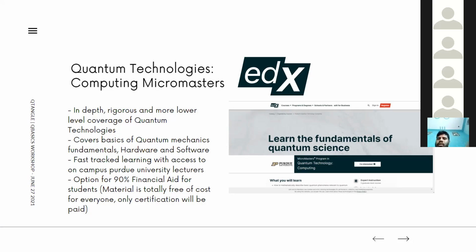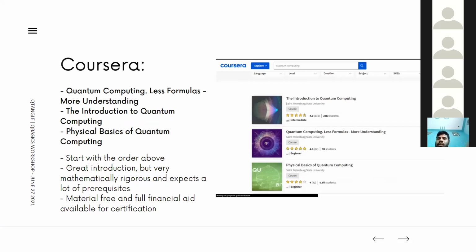It's kind of a bit expensive, but you have a 90% discount if you are a student. If after the discount you can manage it, please go ahead for it. It's really awesome. Next is, if you want a little bit technically free alternative, it's not exactly free, but technically